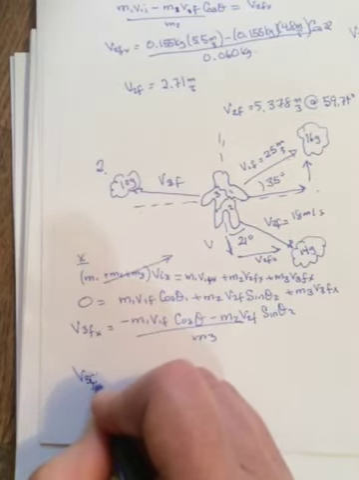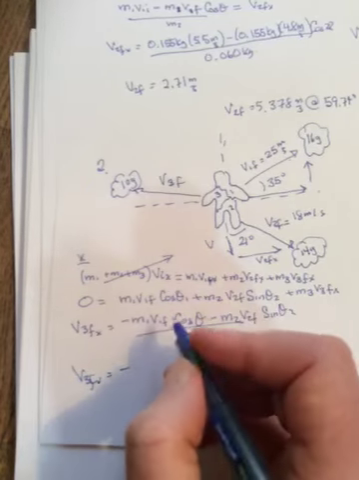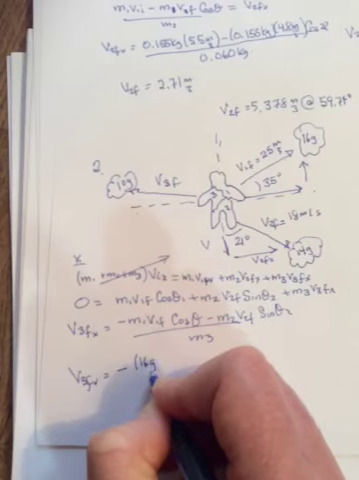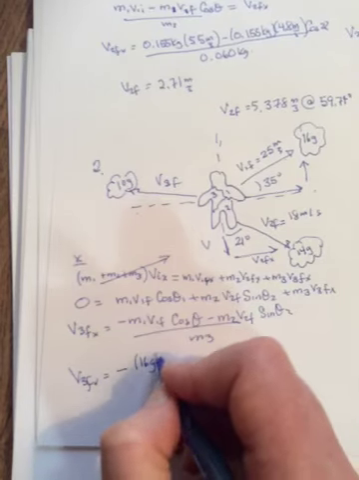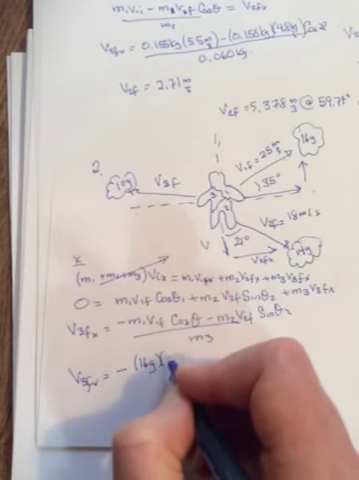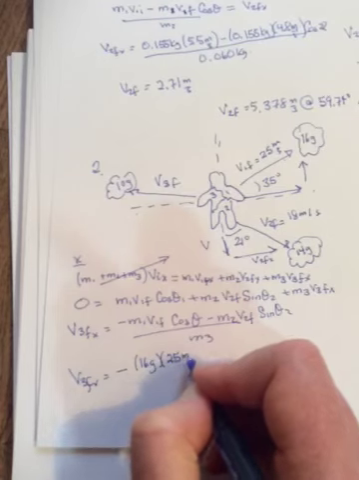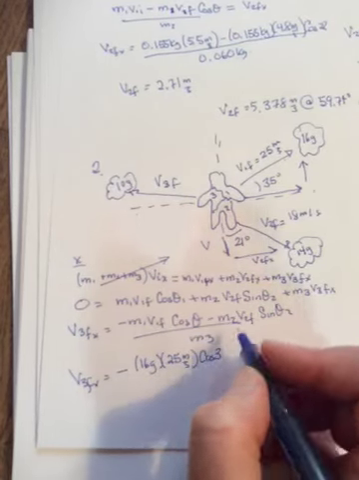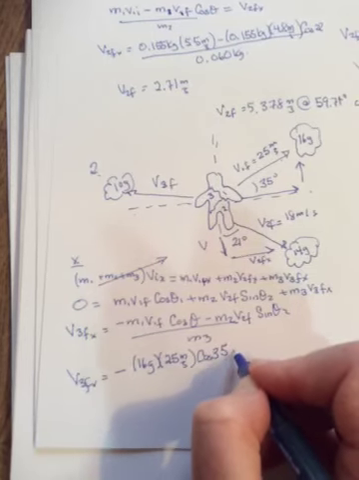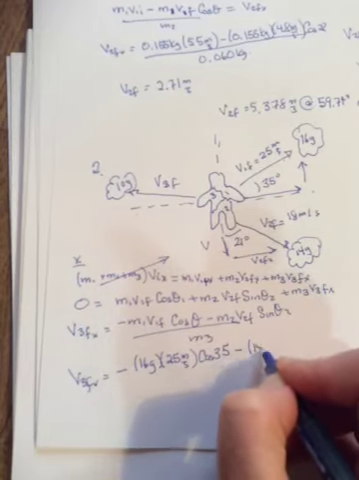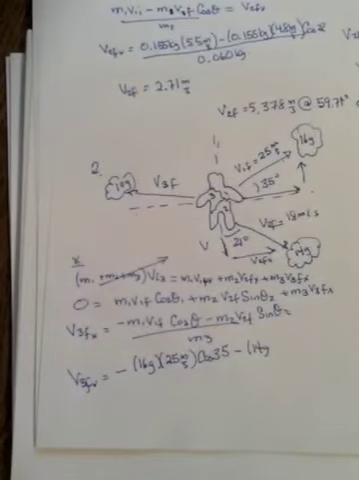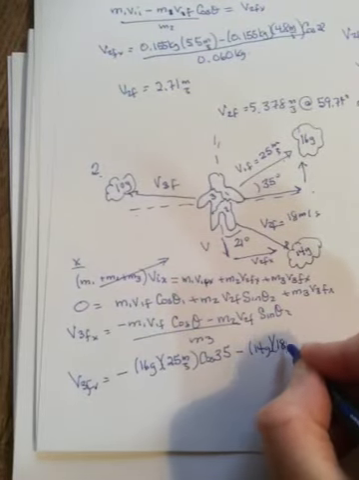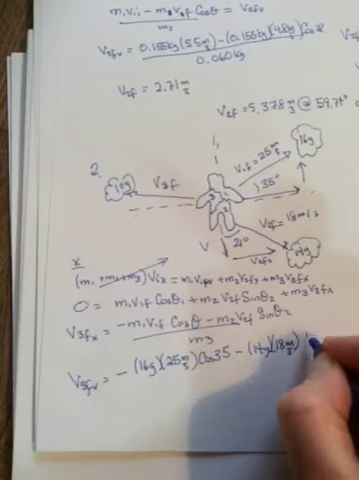So v3 final x is equal to negative. Now, you could change these to kilograms if you want, but they're all in grams, so it's okay to leave them in grams. This is 25 meters per second, cos of 35, minus 14 grams. Is it just me, or is that blurry? Might just be me. 18 meters per second, sine